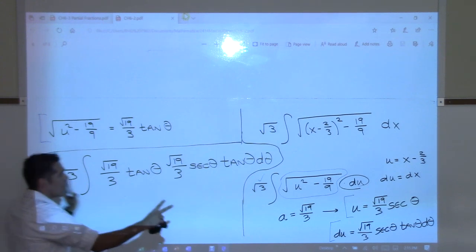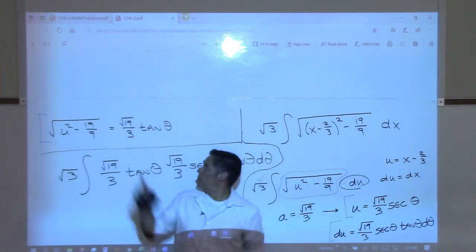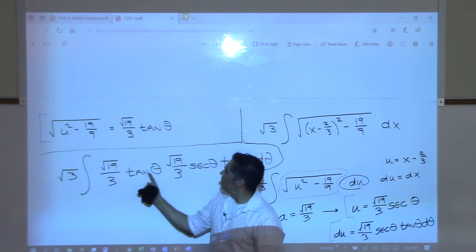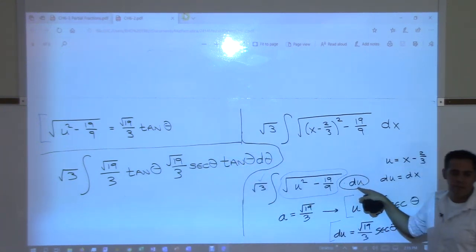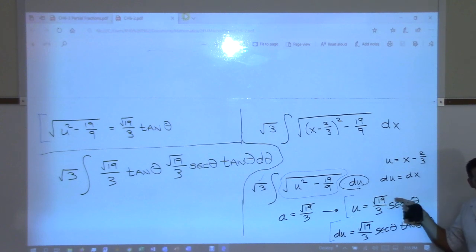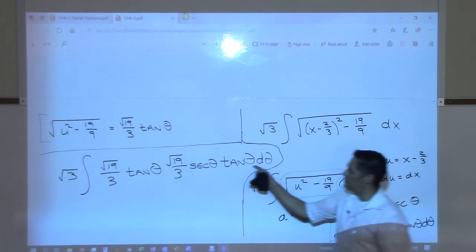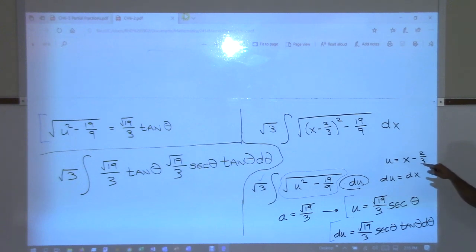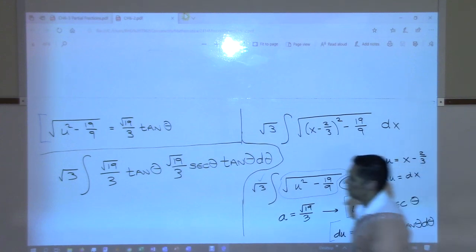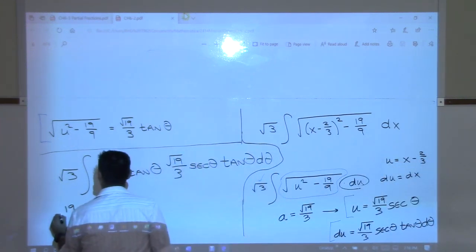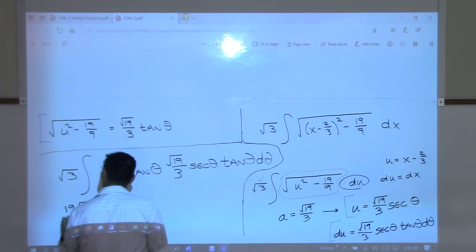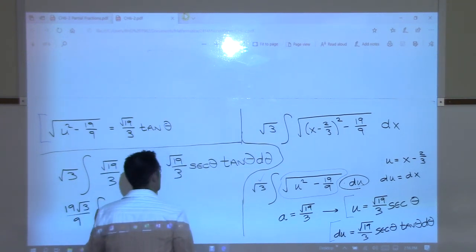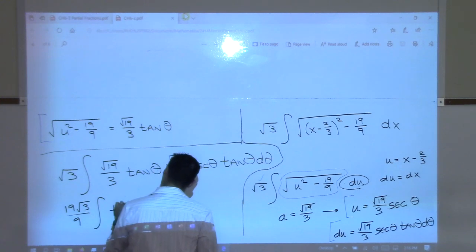So then when we go to rewrite the integral here, we know that that big root thing becomes that, right? So that's this. But then we also have du. But du is, from this substitution, we said du would have to turn into this. And that's this piece right here. Make sense where it all comes from? Okay. Root 19 times root 19 is 19, and then the 3 times 3 on the bottom is 9. That's all going to come out. So 19 root 3 over 9 integral tan squared theta,